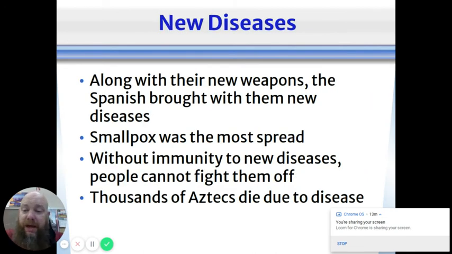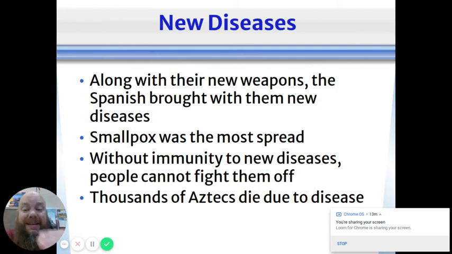But the biggest cost of life that the Europeans brought was in new diseases. And now, like I said, this hits a little bit more closely to home than it has in years past. Because basically, we'd had the plague in Europe, and people had been gaining immunity to those germs. And that's how it works. If you die from a disease, you're dead, obviously. But if you beat the disease, you gain stronger immunity to it, and then your children are born with that stronger immunity. And then they go through even stronger diseases, and their children are born with even stronger immunity.